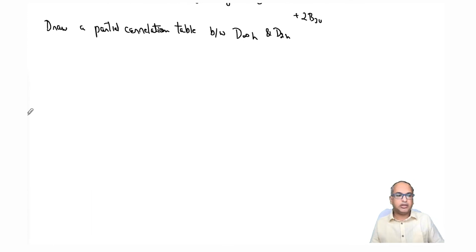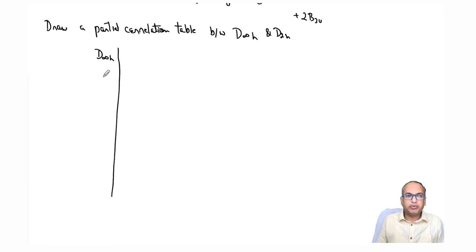So let's draw this. Of course, either it will be given to you, you can find it in books, or you can draw it yourself. So write down the characters the way we have been drawing between D4h and C4v, or C4v and C2v. Use the same principle. I'll just write it down for you.